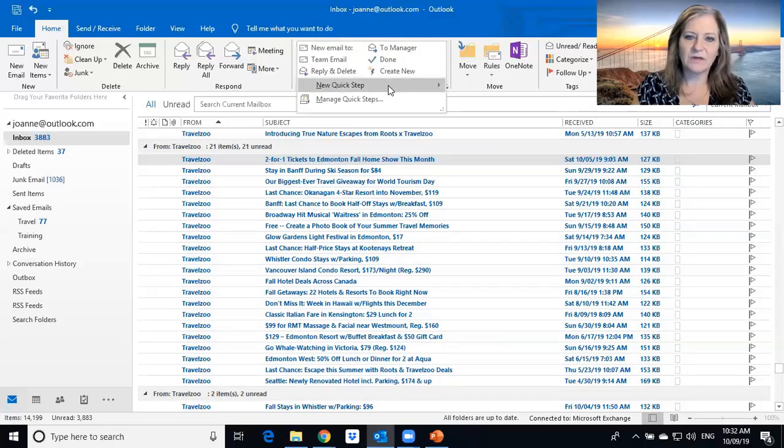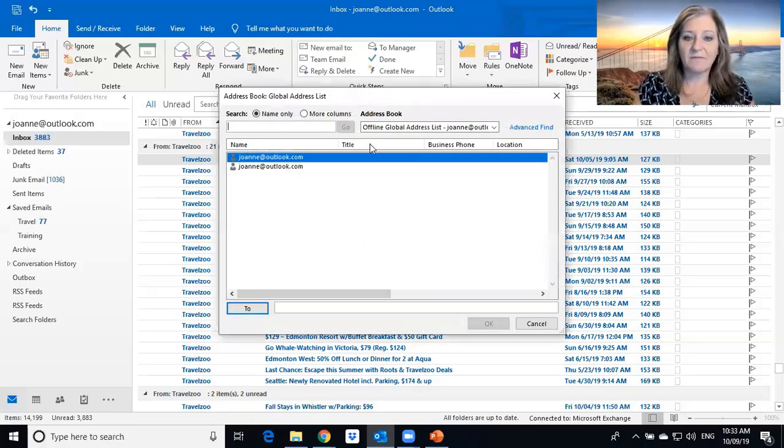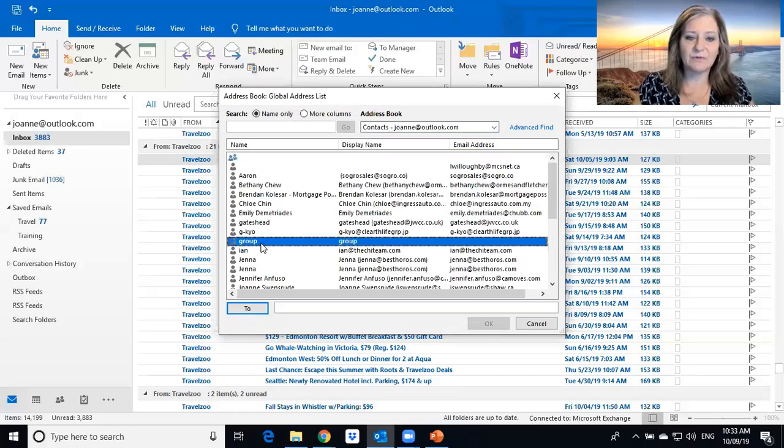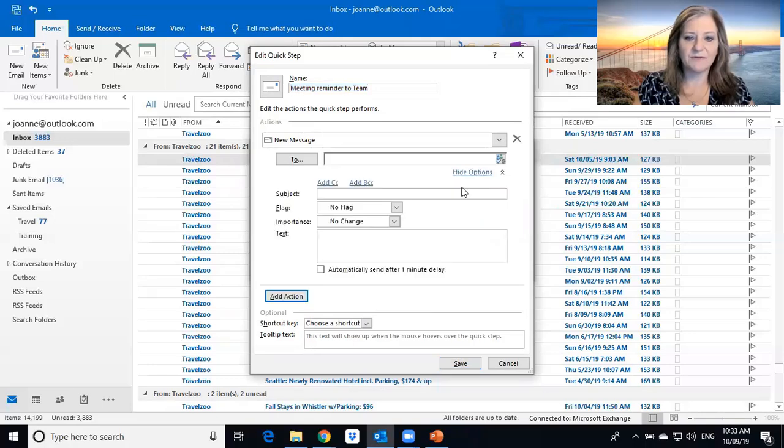So we're going to go here, new quick step. I'm going to do the one that the person was asking me about the other day, new email to. So this is meeting reminder to team. I want it to be a new message, and I would be able to put my person's name in here or my group name. If I click on to, then I don't have a lot in here. This person, here's a group. I don't know who's in that group, but I have a group in here. And then I can click on options and it comes up with more information. I can say show options,